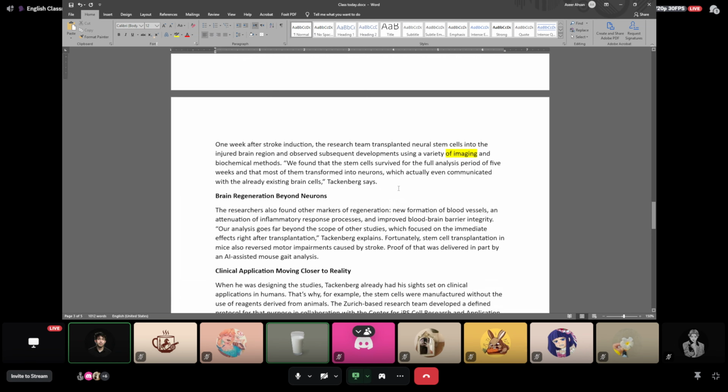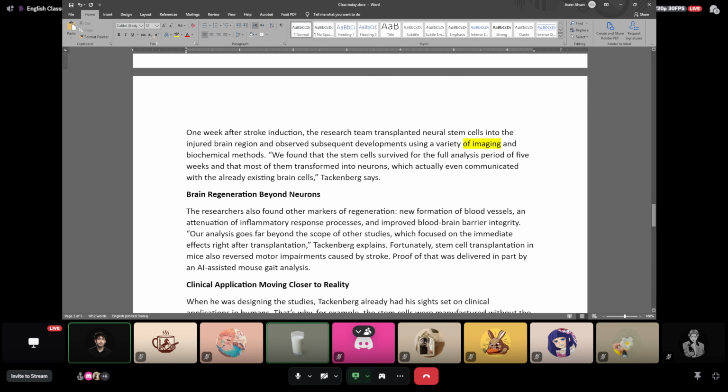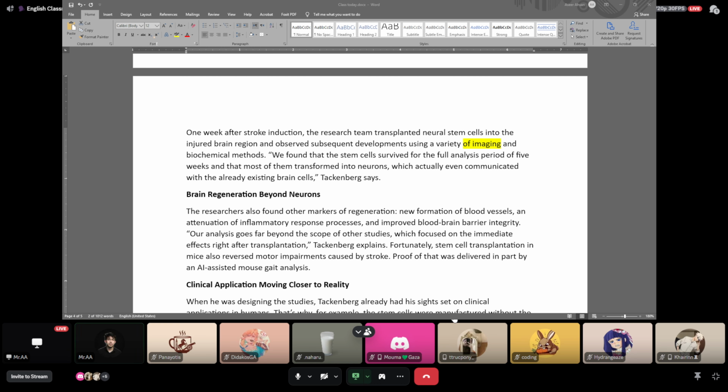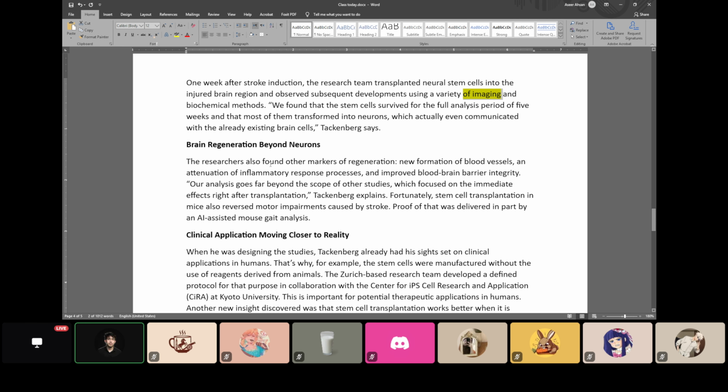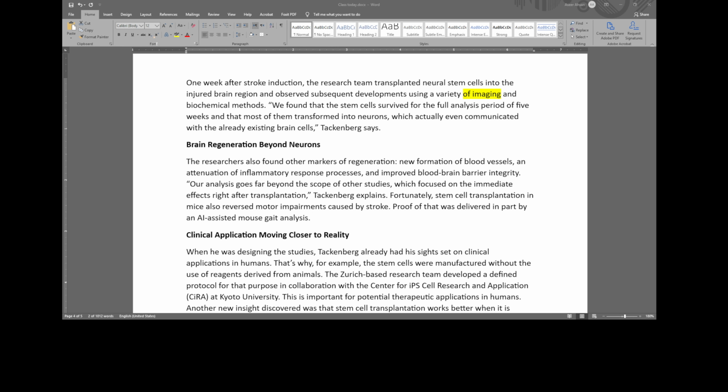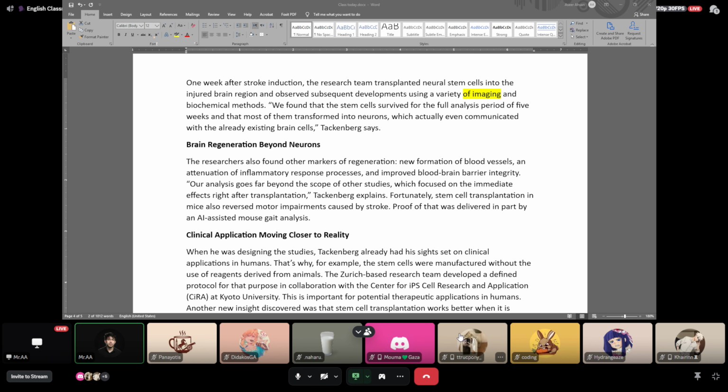Thank you so much. And I think you made a mistake on pronouncing this word. Can you please pronounce this word again? Imaging. Excellent. Thank you so much. It's perfect. Let's head on to the next person that's going to be reading, and that is